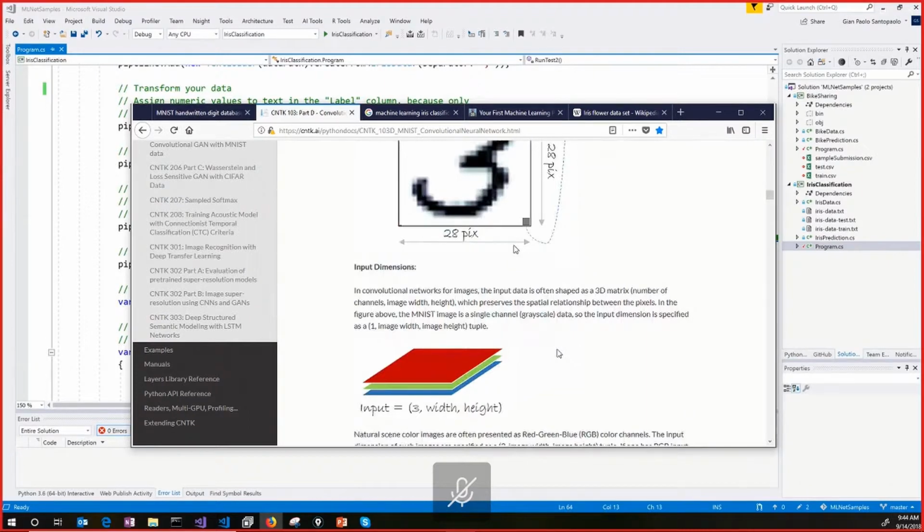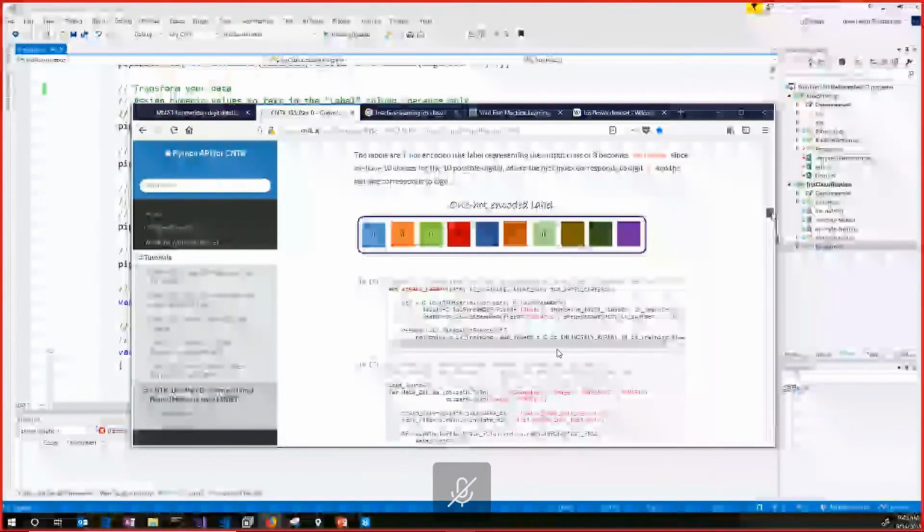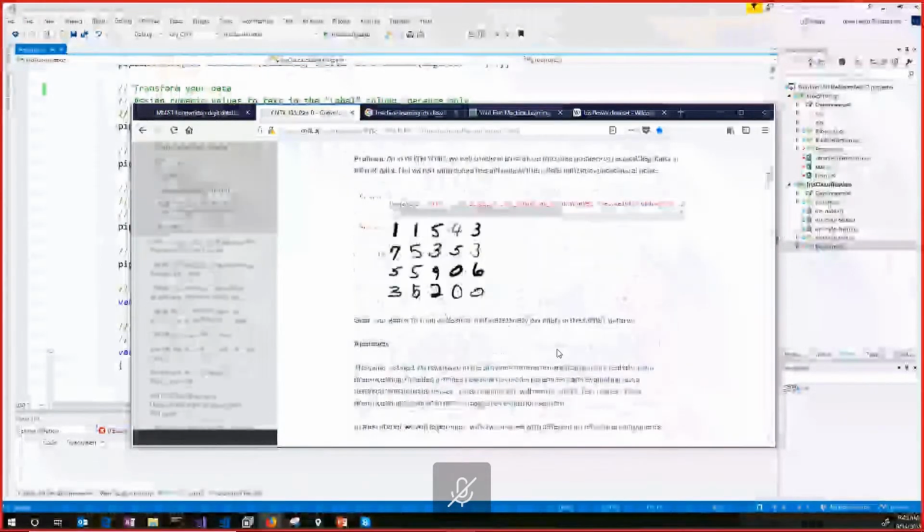So when we train the model, we get the result visually. We understand if the machine learning is well trained or not because the data are visual. So if we handwrite a one, for example, and then we ask the machine learning to recognize it, we can understand if it's good or not.